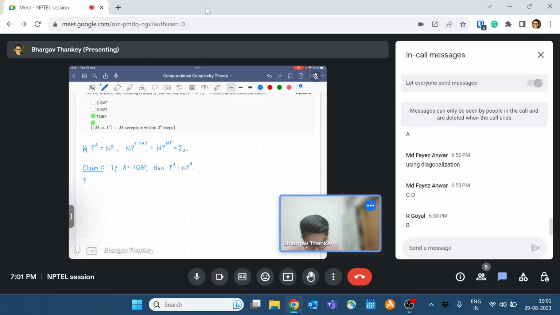Okay, so the proof is this. Let L be in NP to the A, and there exists a polynomial time